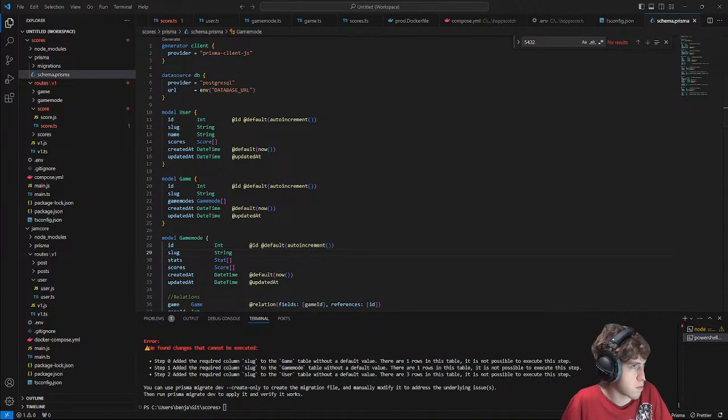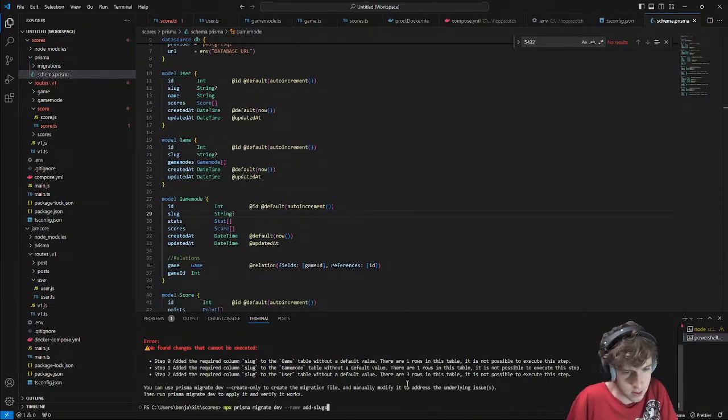So basically, it's do workarounds or manually run Postgres commands. I'll do making it temporary. Slug here, slug here, slug here. Run this.